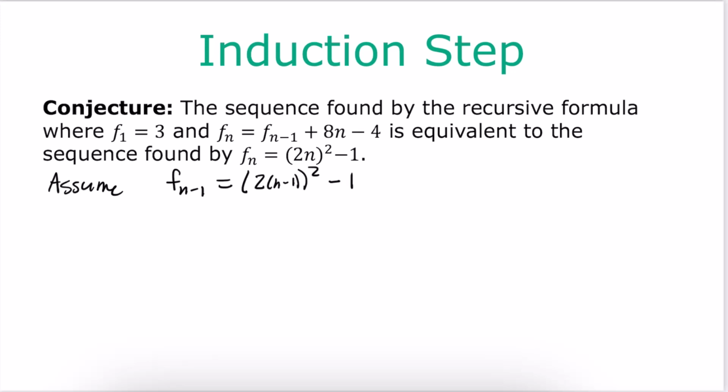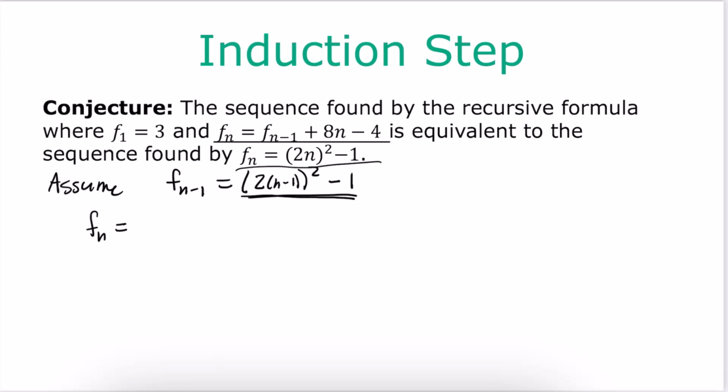So that's the assumption that I'm making. And then with that assumption, I'm going to show that the recursive formula really does generate this explicit formula. So what that would look like is I assume that the n minus 1 term does follow this explicit formula rule. Then I'm going to say, okay, well, by definition, the recursive formula